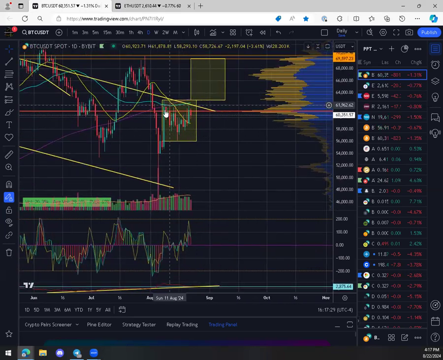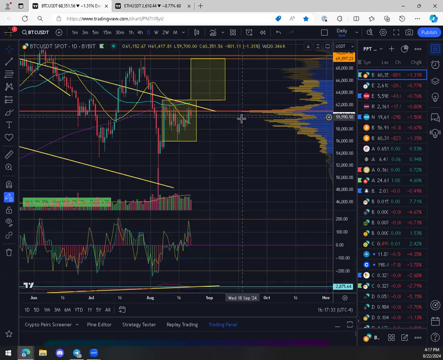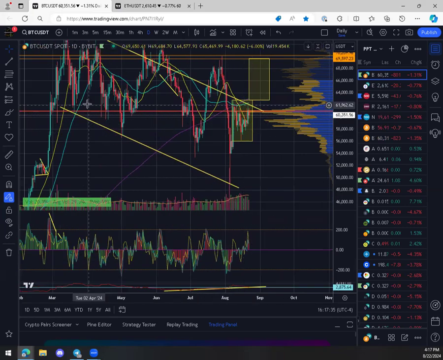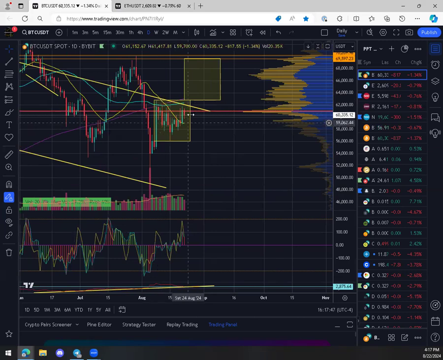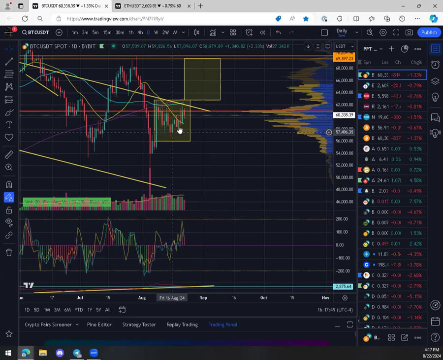But what is interesting about this box is that you can see here we have a very large high volume node that Bitcoin and Ethereum are both around. And it has acted before as support. It's also broken, but also look, trend out of it. If it doesn't hold, it starts a trend. And this is kind of like forming a box anyway that we can trend out of. And if it launches from this VPOC, that can get pretty strong conviction.